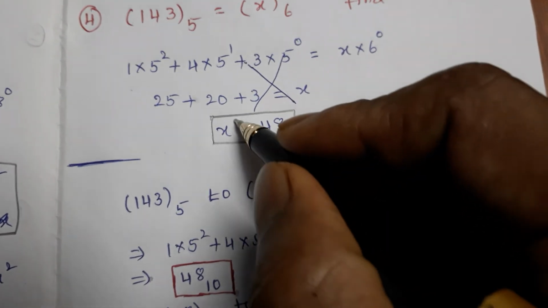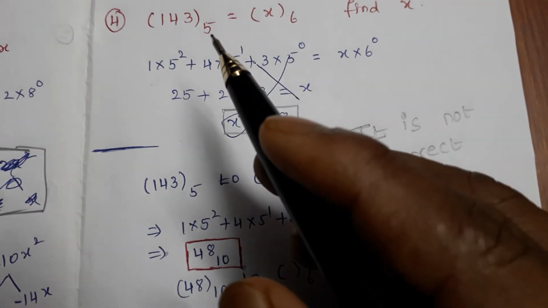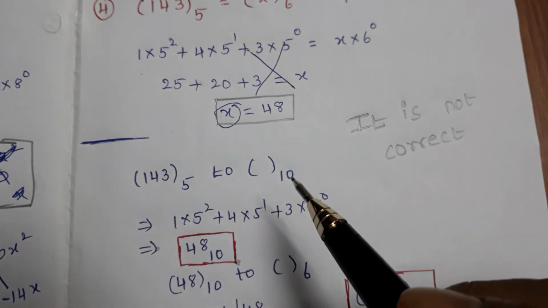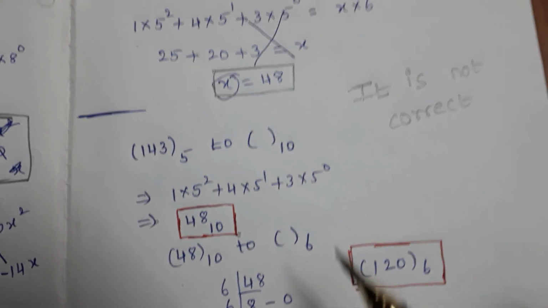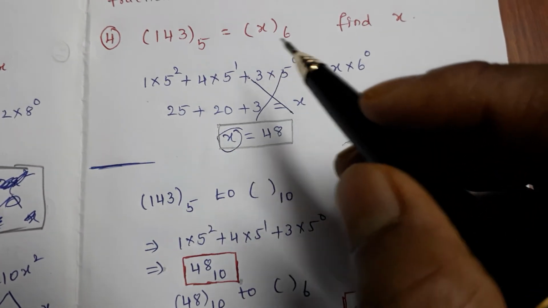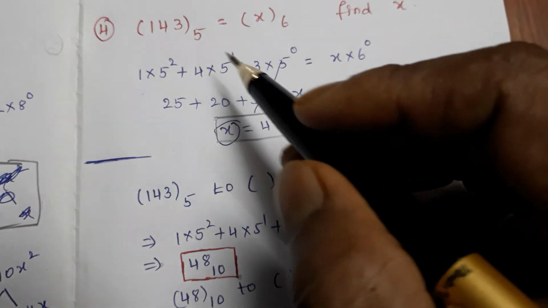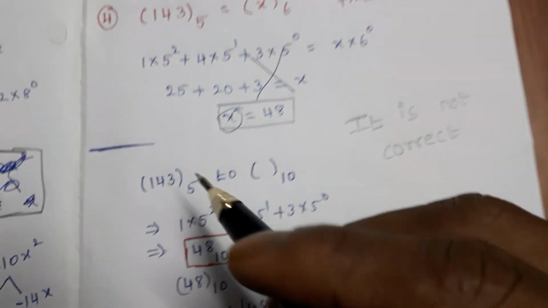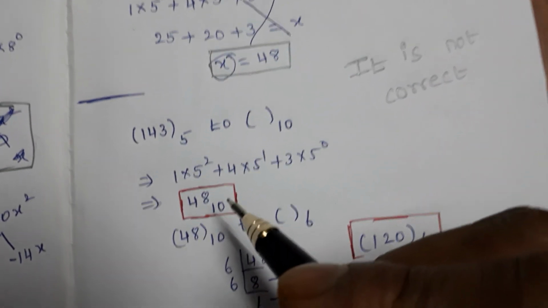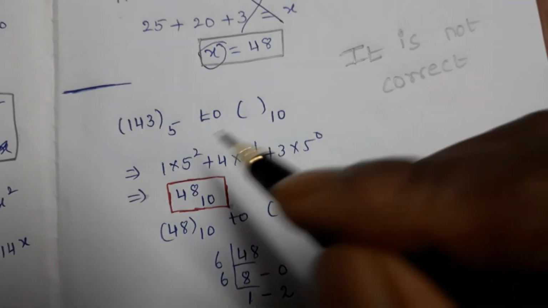In this manner you need not find out the value of x. Is it clear? You have to do the conversion. The base 5 should be converted into decimal, then later the decimal should be converted into radix 6. Is it clear, all of you? Why? Because this is not finding an unknown radix. This is simply converting base 5 to base 6. We know which is the bridge: decimal is the bridge. First of all, convert this base 5 to decimal. Then after that, with the help of successive division, convert this 48 to base 6. We have done so many problems based on this. Is it clear, all of you?